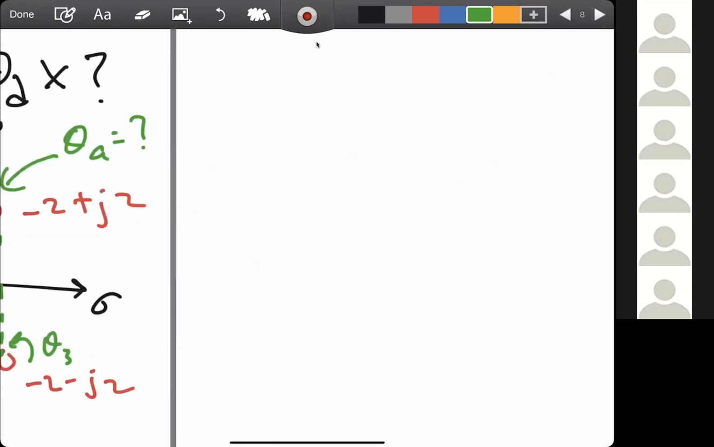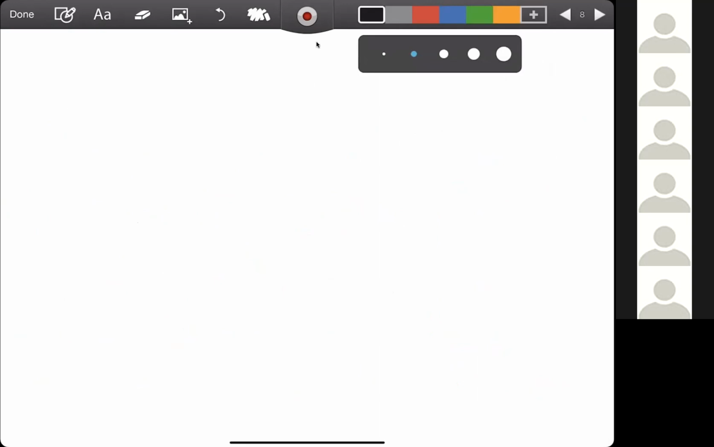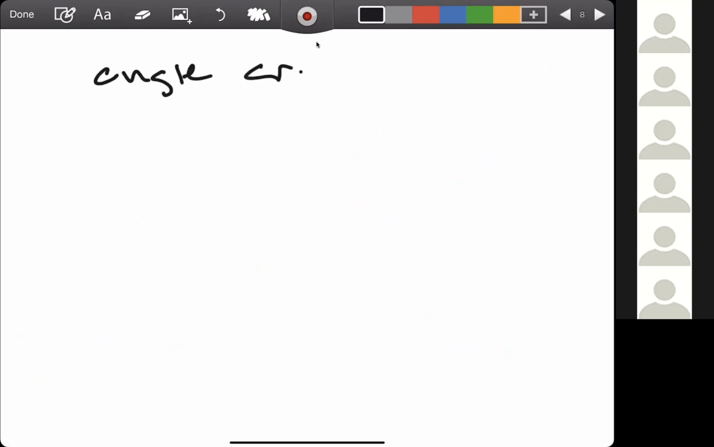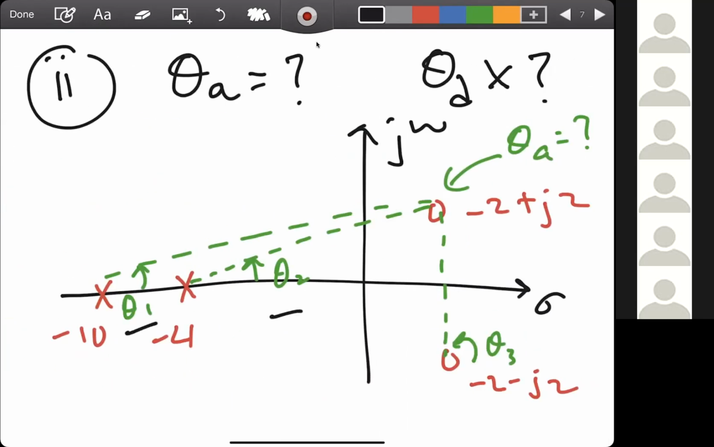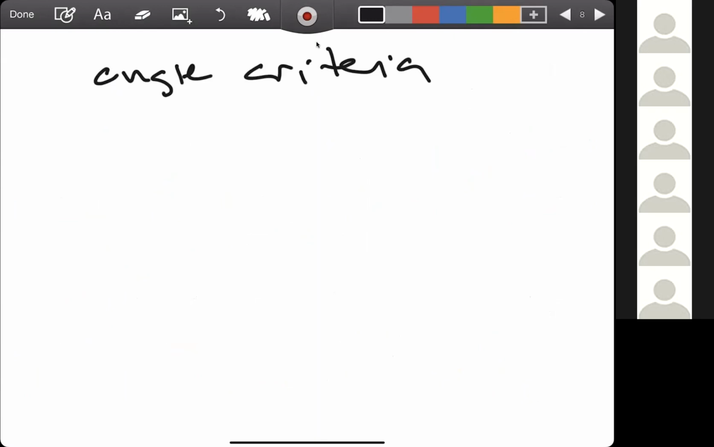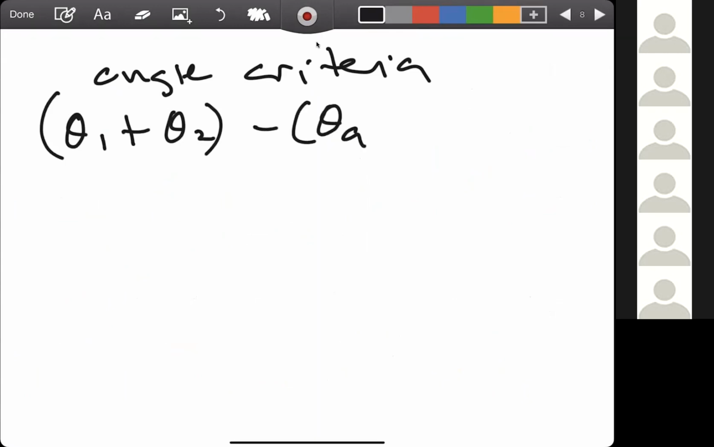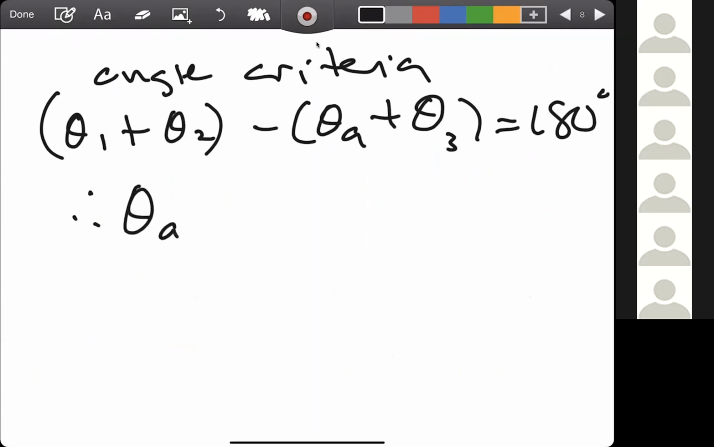Okay. So what you say just now, Simichin, is use angle criteria. Am I right? So from the poles is theta 1, theta 2, theta A, and theta 3 is due to the zeros. So theta 1 plus theta 2, minus theta A arrival plus theta 3 equal to 180 degrees. So that's why theta A is equal to